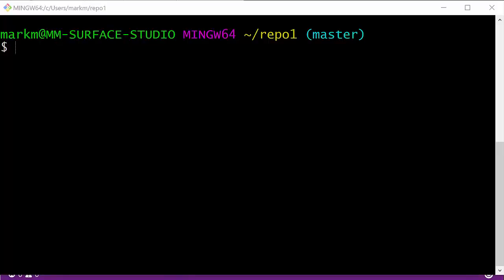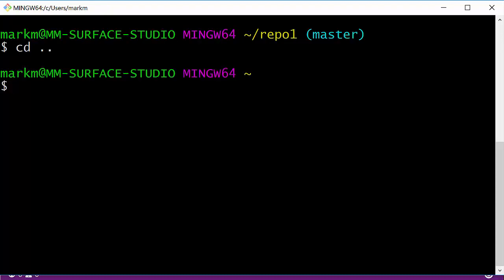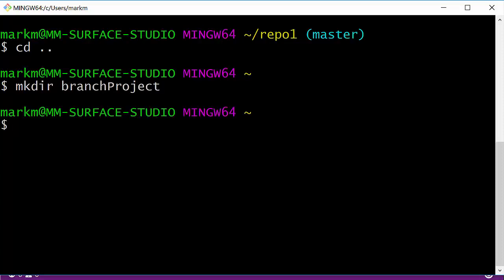Okay, so now I'm going to create a new repository and add a file with 4 names in it. And each name is going to be its own commit. So right now I'm in that repo1 folder that I created before. I'm going to cd up to the parent, that's my home folder, and I'm going to make a new directory called branch project. Okay. Then I'm going to cd into branch project,